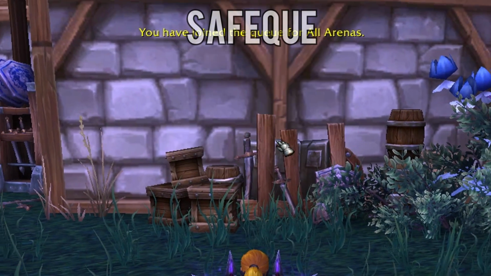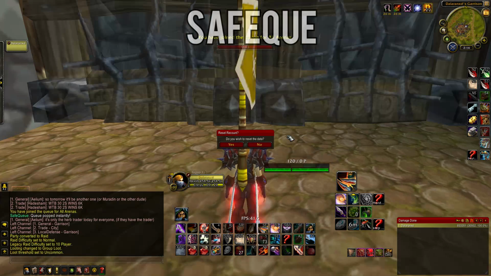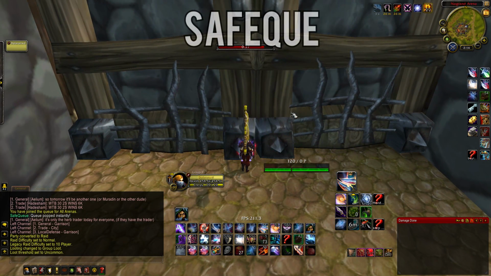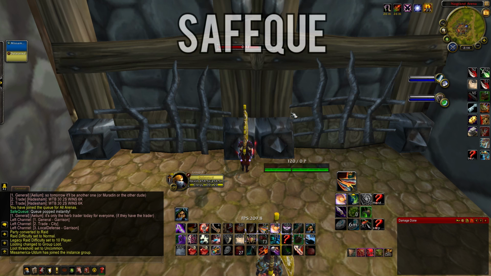Too many times did I hit leave queue instead of join battle, and I just lost an arena 3v3, pushing threes, lost before I even got in there. So that one is probably the best one. I honestly say, get Save Queue. You'll love it. But then never get rid of it, because in most cases you'll end up hitting that leave queue,